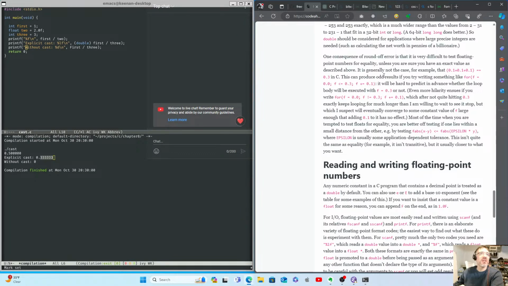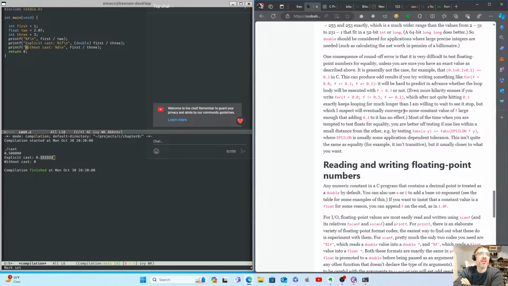As described above, it is generally not the case, for example, that 0.1 plus 0.1 plus 0.1 is equal to 0.3 in C. This can produce odd results if you try writing something like for (f = 0.1; f < 0.3; f += 0.1). It will be hard to predict in advance whether the loop body will be executed with f equals 0.3 or not. Even more clarity ensues if you write for (f = 0.0; f != 0.3; f += 0.1), which